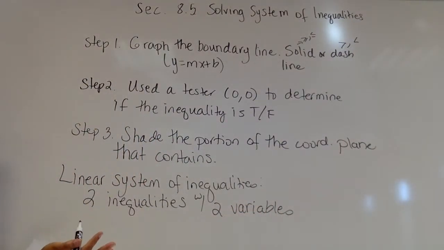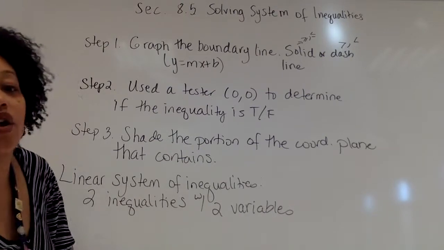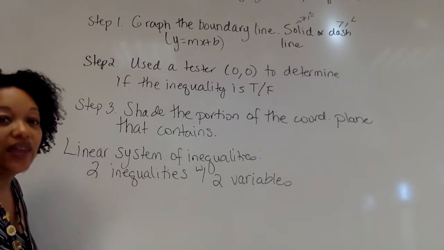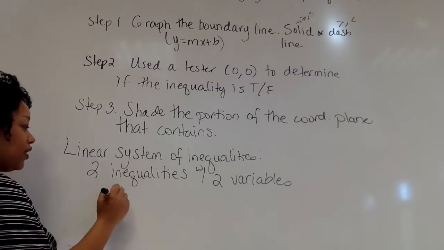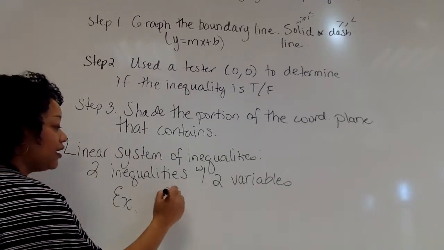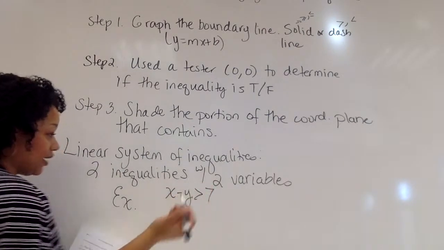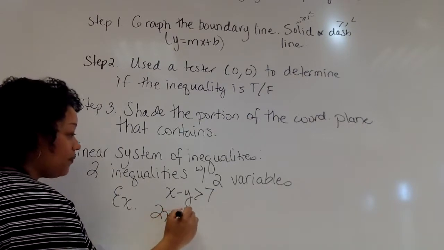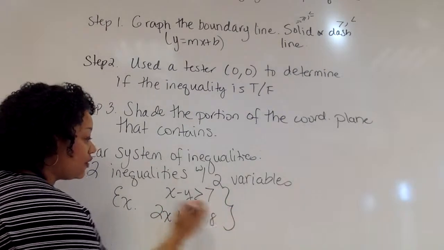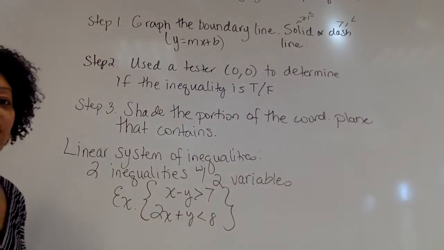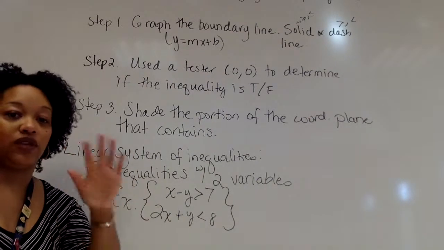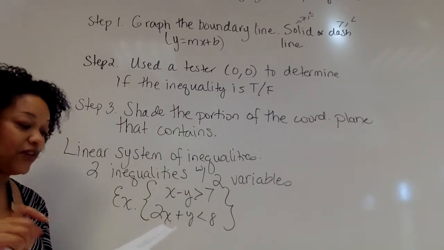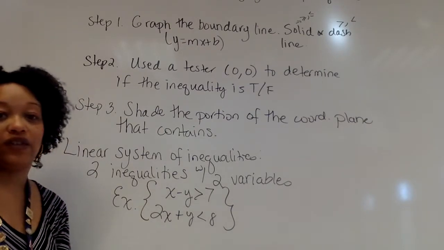And it's going to look just like our linear equations, but instead of equal signs, you would see less than, greater than, and so on. So here's an example of a system of linear inequalities. I could have x minus y is greater than 7, and then I could give you 2x plus y is less than 8, and that would be your system. You can only graph linear inequalities. There is no substitution or elimination. You can only solve them through graphing. And I'm going to stop the video. In the next one, I'll tell you the steps that you need to follow to graph